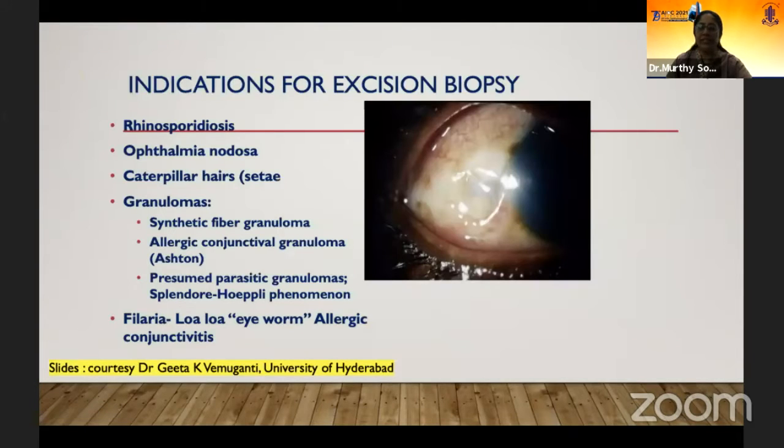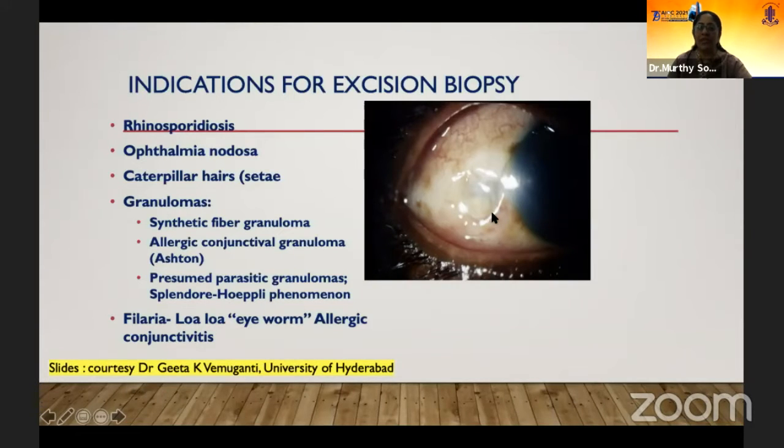The other indications, of course, are when you see subtle conjunctival lesions, and this could be in inflammatory conditions. For example, in some cases where the only lesion you have for sarcoidosis is conjunctival granulomas, you can excise that. Or it could be a lot of potpourri of lesions. This picture is not very, very uncommon, but what you would see sometimes is an eye worm. I don't have the video, but you can actually see that it moves subconjunctivally. And this kind of lesion you need to take out.